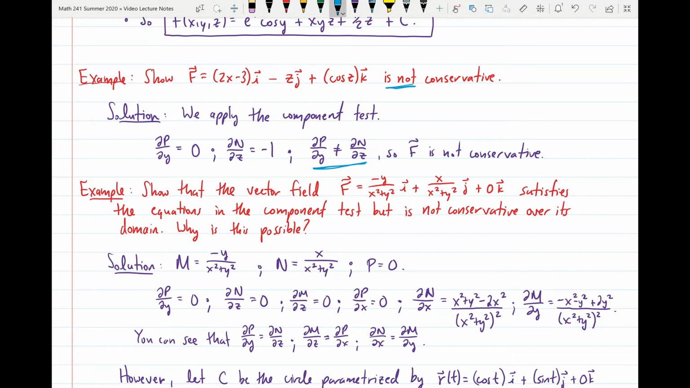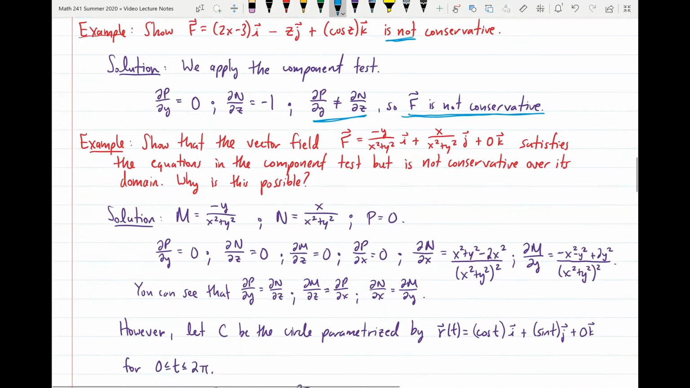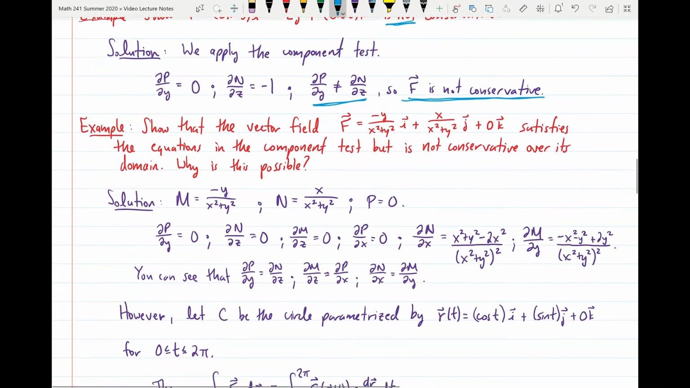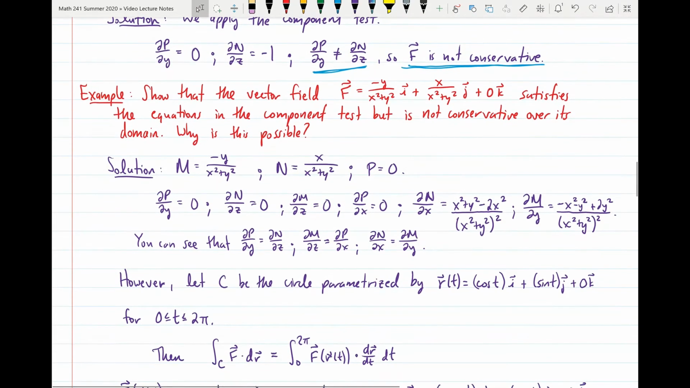And so we can conclude that our vector field f is in fact not conservative. Proving that a vector field is not conservative might actually be a little bit easier than proving that it is in fact conservative, just using the same component test. And then secondly, here's another important conceptual example,